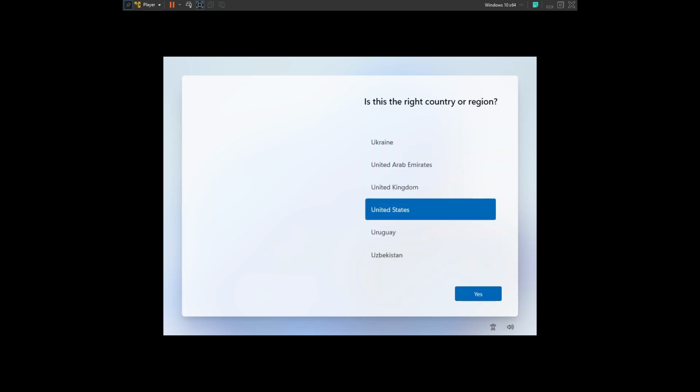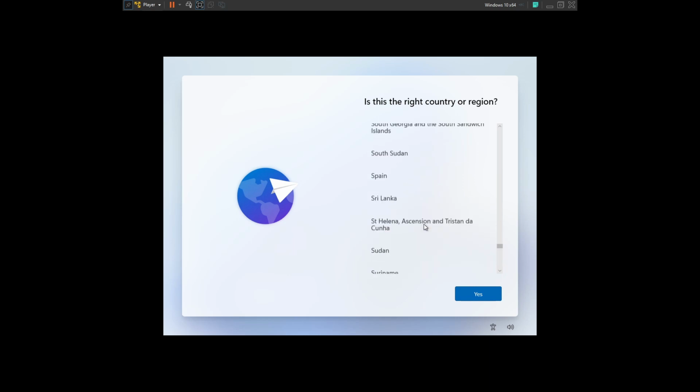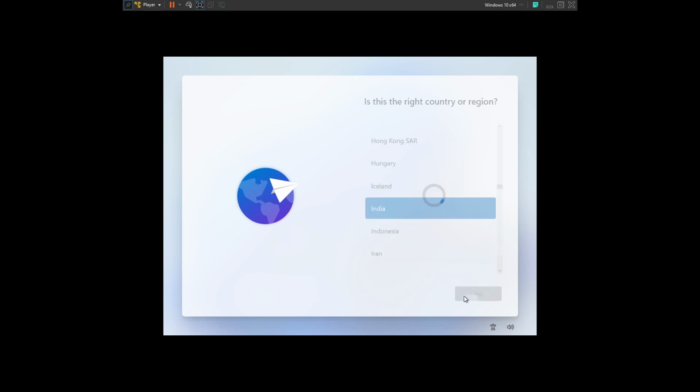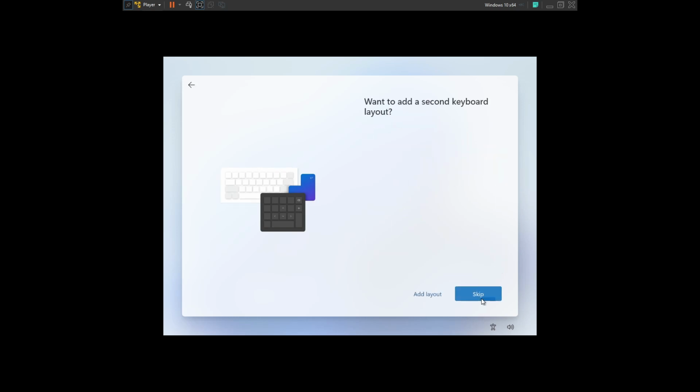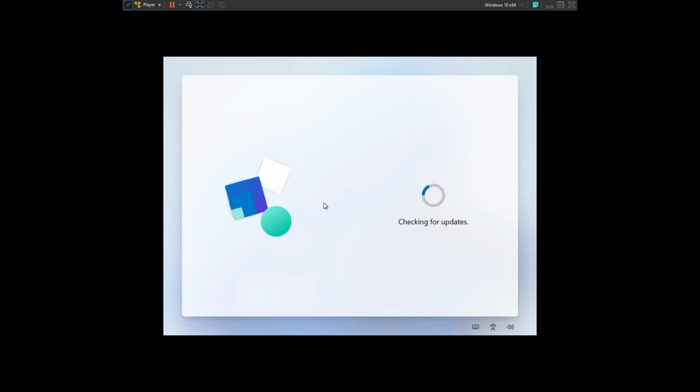Okay, so finally the installation process is finished after 5 minutes, and you can see here are the settings that we need to set up. So we will just select it as India for me in this case. So we'll scroll up a little bit, and here, yes, you can see the UI is really better than the Windows 10. And skip. You can see the UI is far better than Windows 10, and it is looking pretty cool as well.